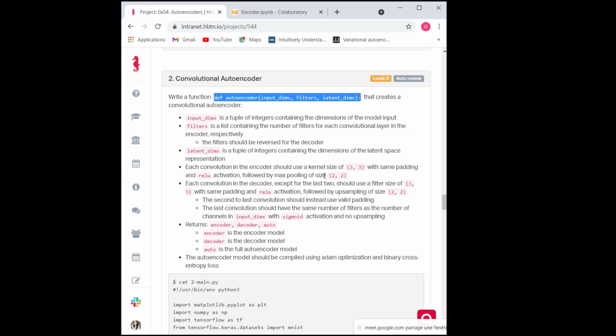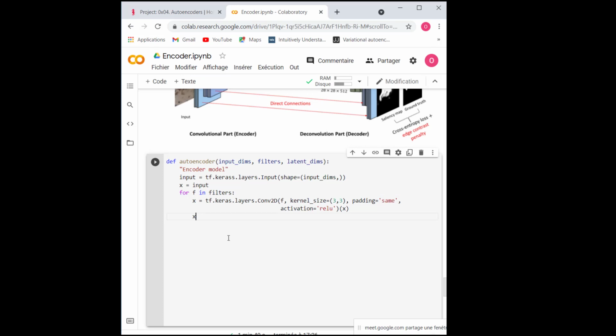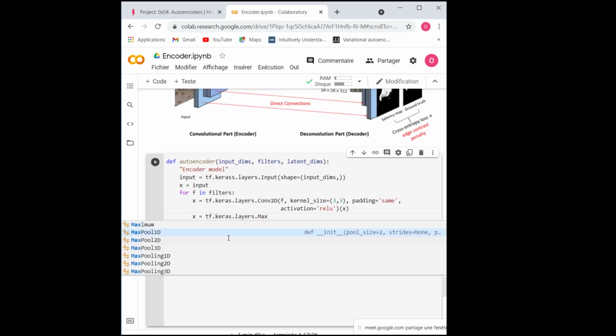Then after the convolution layer, it should be followed by a max pooling layer of size 2 by 2. So my next X will be a max pooling layer, tf.keras.layers, which is a max pooling layer.